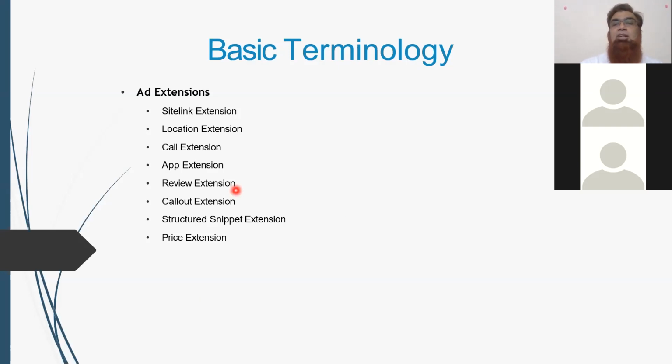So these are some of the options which Google is providing as an extension. Say for example, you have some very good offers that you are running for a particular product. You can have a price extension. You have 3 products which are hot selling products for you, right? So what you can do, you can highlight those 3 products, put a price over there, and if someone clicks on it, it will lead them to the specific page. So these are some of the options that you can get when you are working on ad extensions.